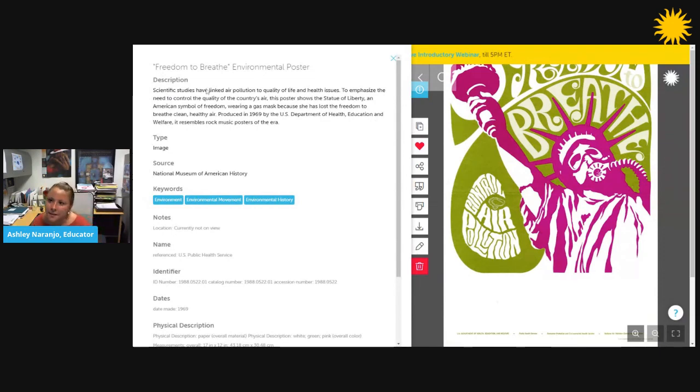So here it says, scientific studies have linked air pollution to quality of life and health issues. And then it goes on to describe specifically the context of the poster. It was produced in 1969 by the U.S. Department of Health, Education, and Welfare, and it resembles rock music posters of the era. So this would be a great resource to use with students to talk about advertising, environmental movement,